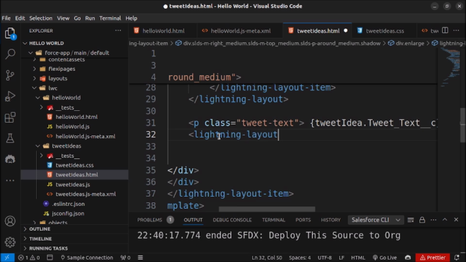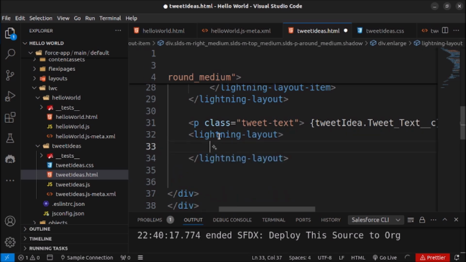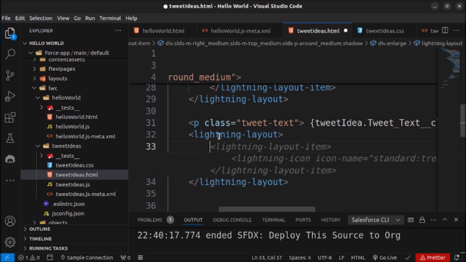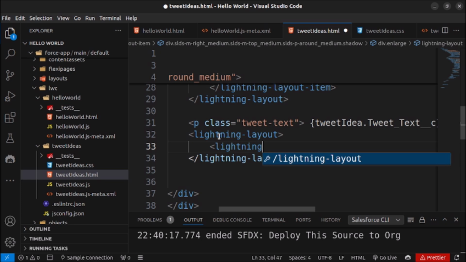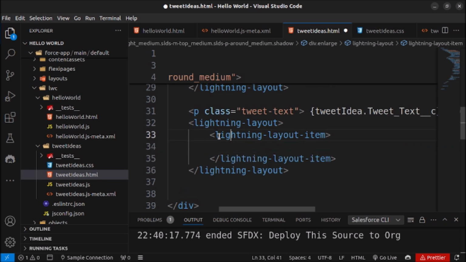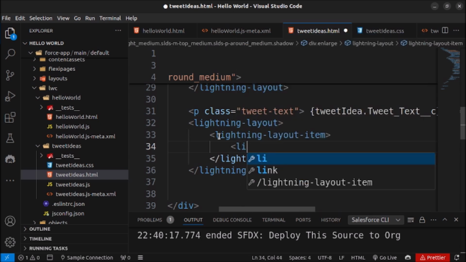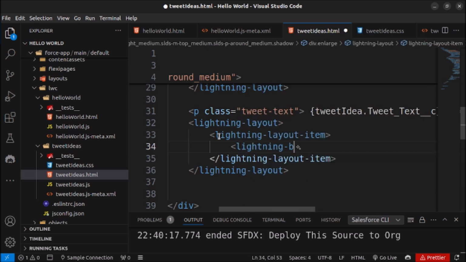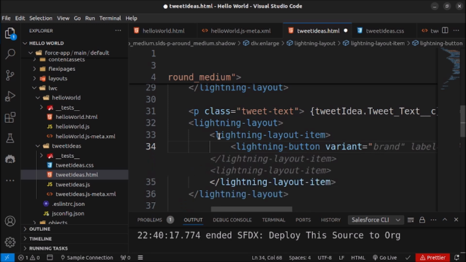and in this layout we need three buttons. That is why I will create three lightning layout items. First I will create a button. So it will be lightning button, and the variant will be brand,